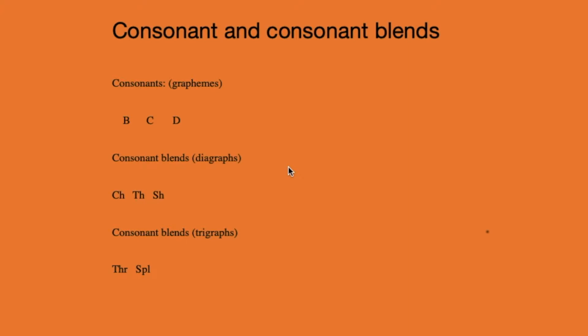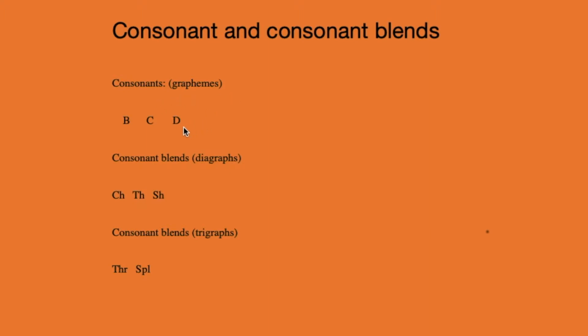Okay, so let's take a closer look at some of those concepts that we were looking at on the previous slide. So when we come to look closer at the sounds that are made up in the English language, we can split them into consonant sounds and vowel sounds. So taking a quick look at the consonant sounds first, we can have single consonant sounds known as graphemes, or we can have a blend of consonants. And here we have our single sounds, or single graphemes. So we've got B, C, and D, and that sounds b, k, and d, as the single unit of sound